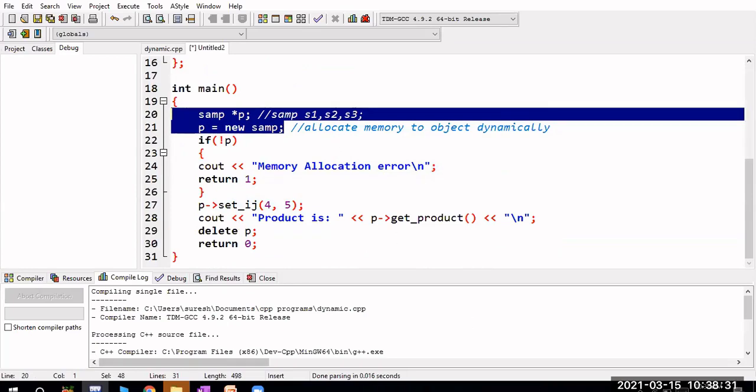Is the whiteboard visible? Yes, sir. Yeah, in case of structures, I can create a struct pointer. What is the best example? You already know about data structures, right? In case of data structures, struct student, int roll number, and char name.